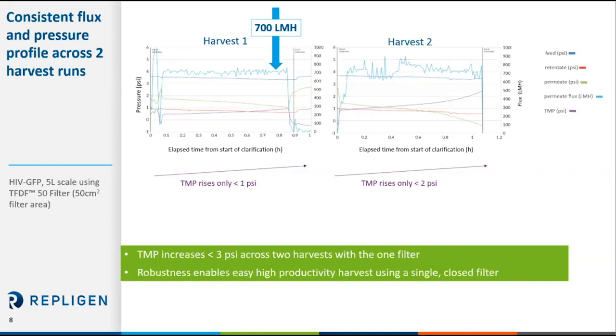It's important for me to mention that the flow path that surrounds the filter is closed and gamma irradiated, which is a key enabler of these multiple harvests. We can essentially make the connection of the TFDF to the bioreactor and then process over extended time periods with negligible contamination or bioburden risk.